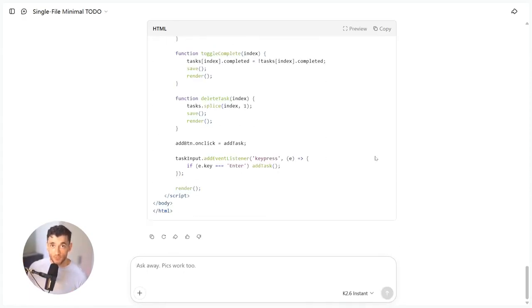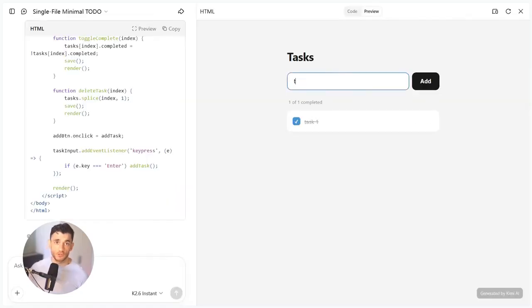Now let me show you the last model. This one is the underdog. Model 6, Mimo. Mimo is